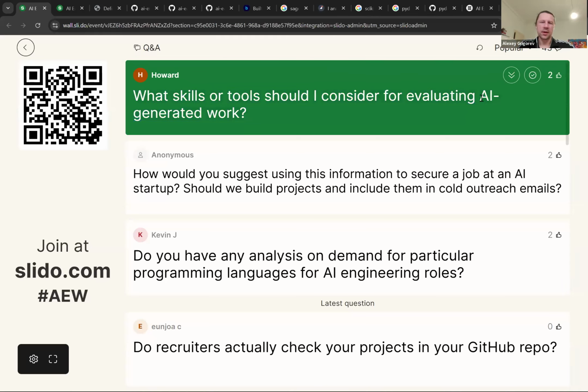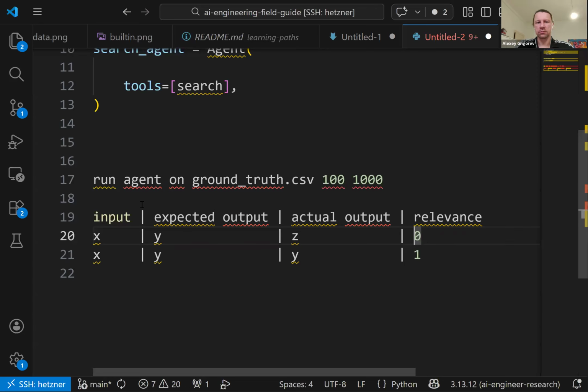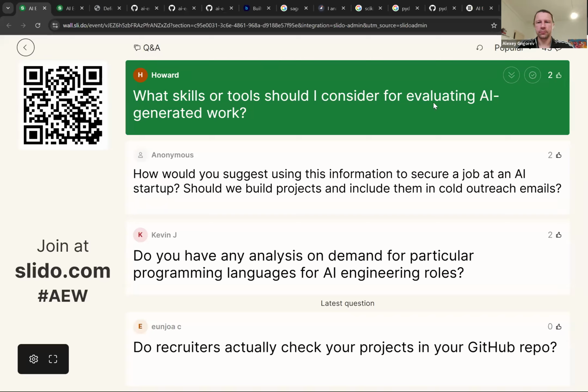But I'm suspecting that by AI-generated work, you probably mean something else. Maybe it's about detecting AI-generated content, right? That I don't know. But in general, yeah, this is how you do this. Probably you can train an LLM to separate LLM-generated content from non-LLM content.